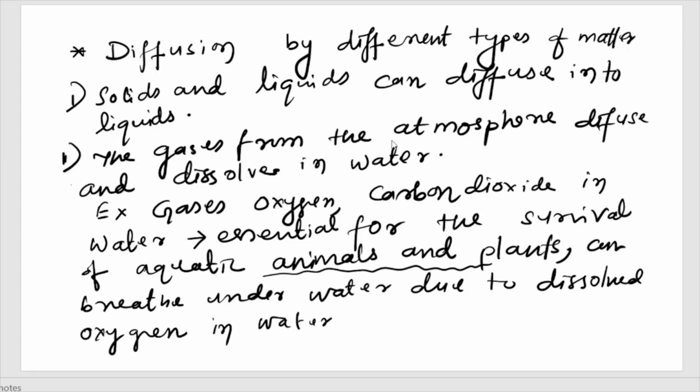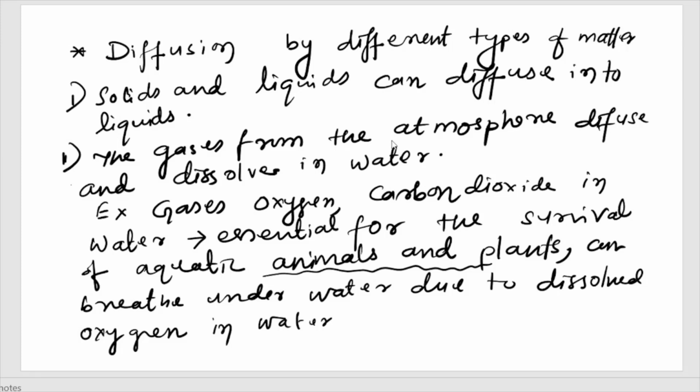डिफ्यूजन बाय डिफरेंट टाइप्स ऑफ मैटर। डिफ्यूजन कैसे हो रहा है, सपोज सॉलिड लिक्विड डालते हैं लिक्विड में, डिफ्यूज होता है। एक ड्रॉप लिक्विड, इंक लिक्विड, ब्लू लिक्विड डाल रहे तो पूरा लिक्विड में मिक्स हो जाता है। ऐसे गैस भी एटमॉस्फेरिक गैस में मिक्स हो जाता है। डिफ्यूजन, इंटर मिक्सिंग ऑफ ओन, मीन अपने आप मिक्स होता है।